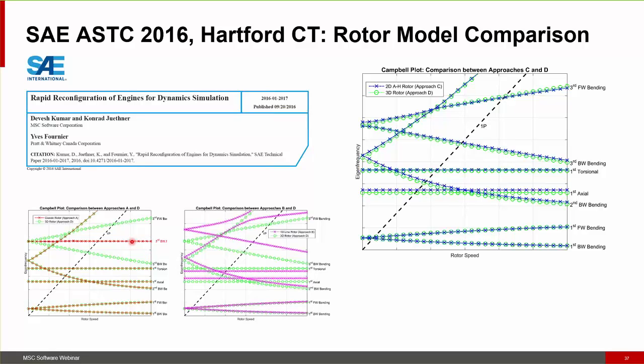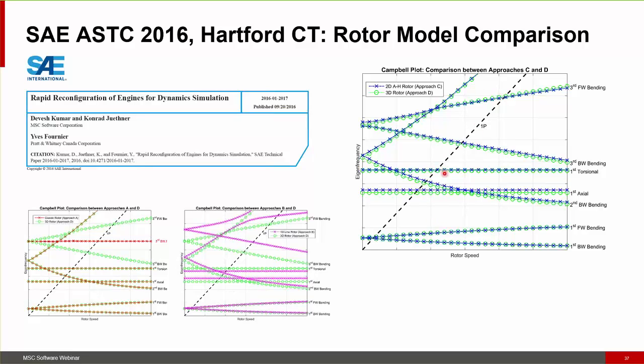gyroscopic terms introduced by point masses. It's indicated here that if you are not careful about the placement of those point masses, you might miss some important modal behavior. In this case, the third backward and forward whirl modes are completely missed by one of the traditional models. On the right here, we have the difference between a 1D model and a 3D model, so very different